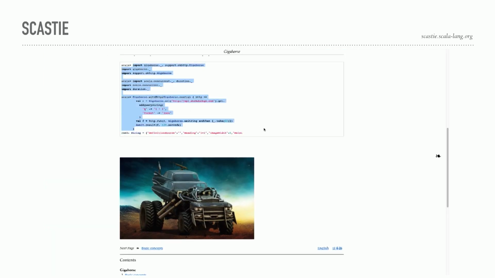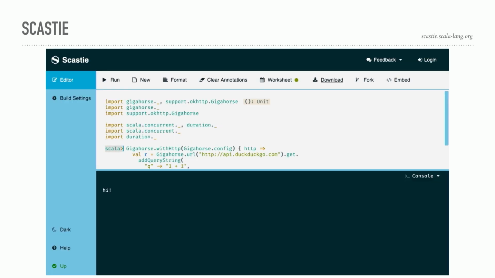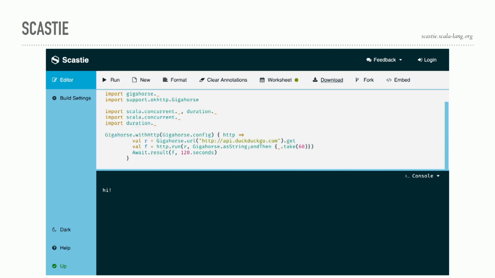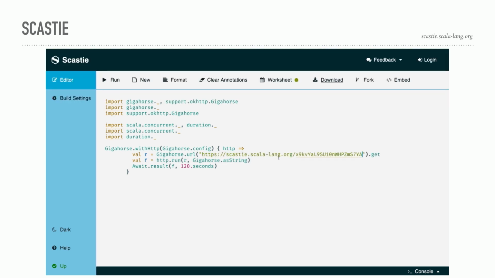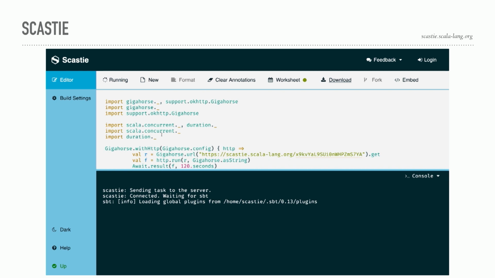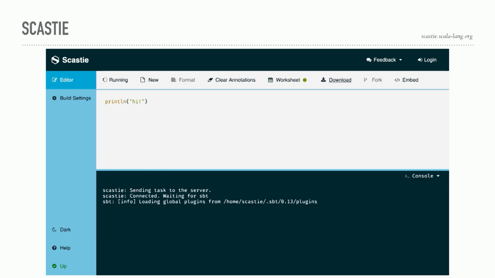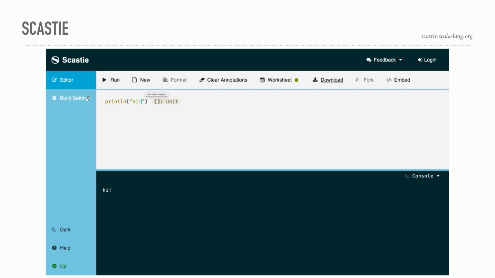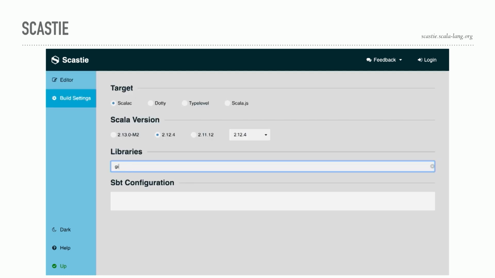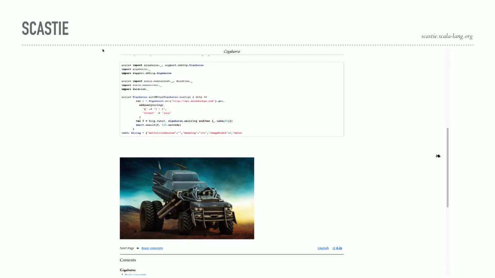I'm just trying out the Gigahorse HTTP library. I'm going to copy the example from the website and edit it a bit to download the page. This is a web-based thing that I'm actually working on right at this moment. Just look at me, I'm live coding. And you see it downloaded some stuff. This is practical for quick reevaluation of self-contained pieces of code and